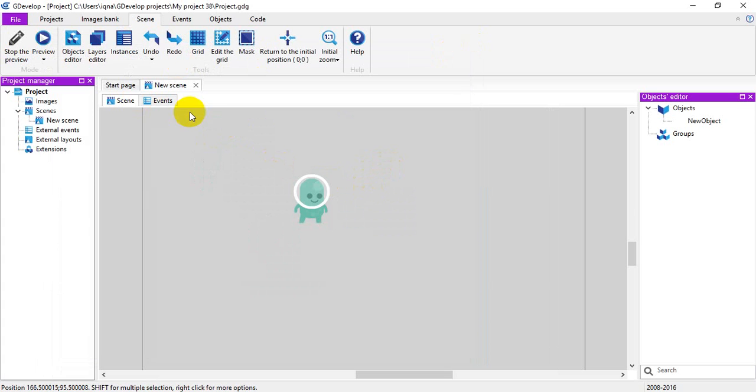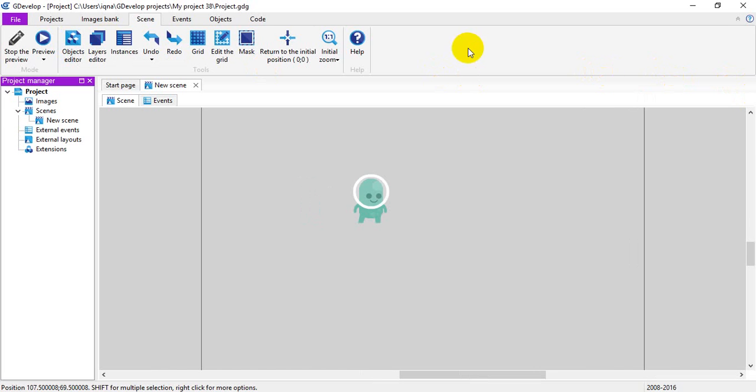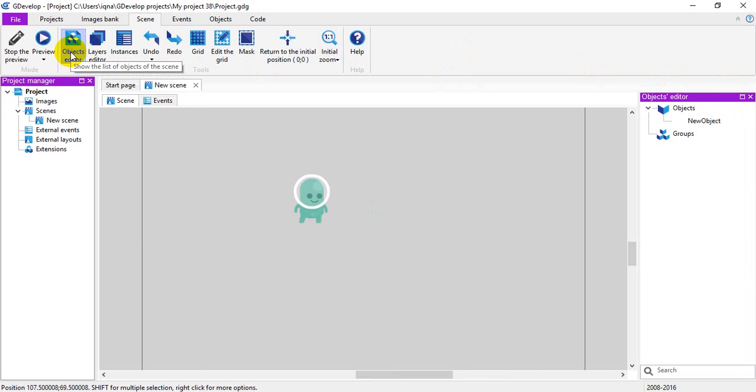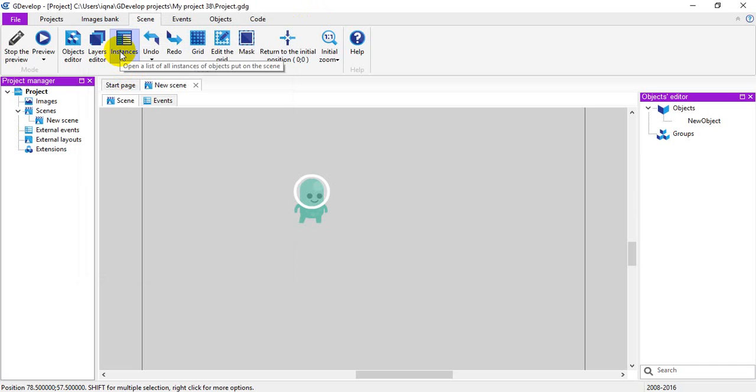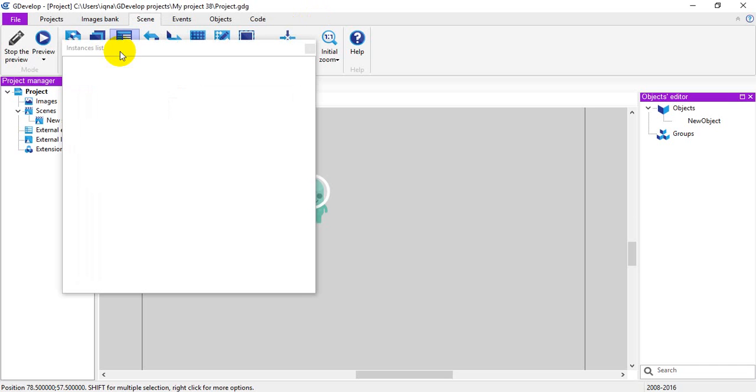Here you have the object editor on the top. If you lost your object editor, click object editor, and the object editor will display on the right side. There is the layer editor. It is where your layers work. And this is instances. Here we can see the list of the instances you have.